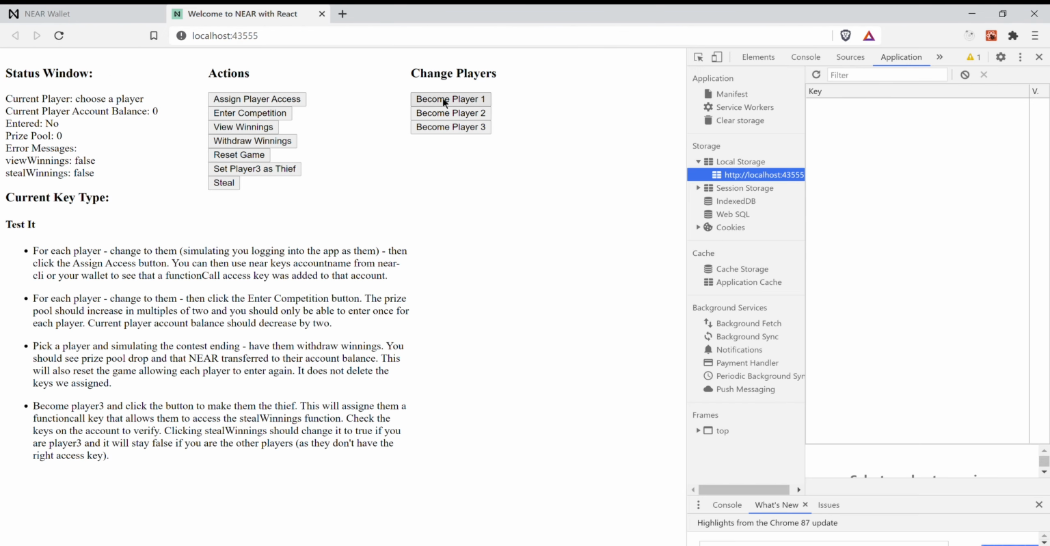So we'll head back. We'll now become player one, simulating that we've logged in as them. Pulls in the account balance, shows that we have not entered the competition at this point. They have no keys right now, but based on how methods and access keys work, you should still be able to access all of the view methods on the contract. View winnings is one of those methods, so if we click on this, we should see it turn to true,